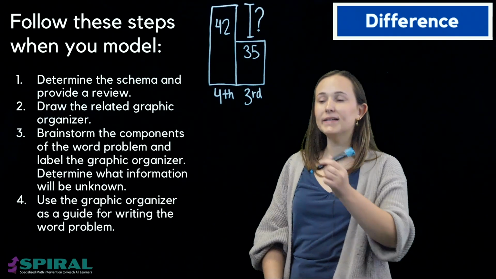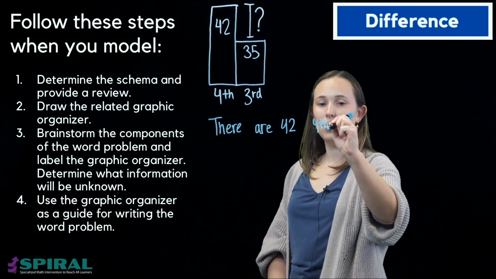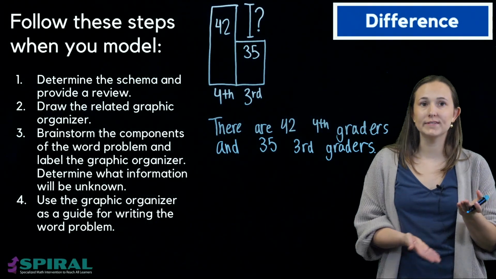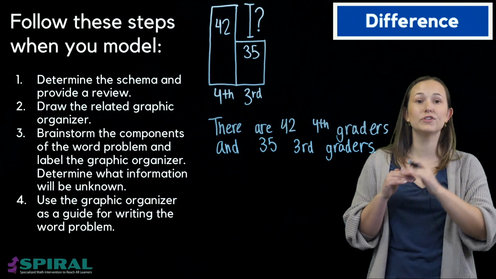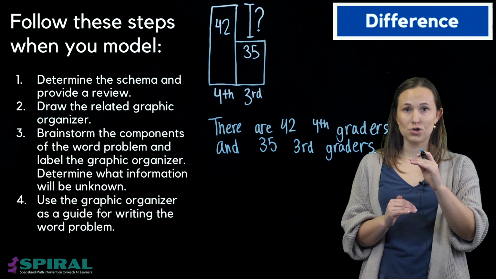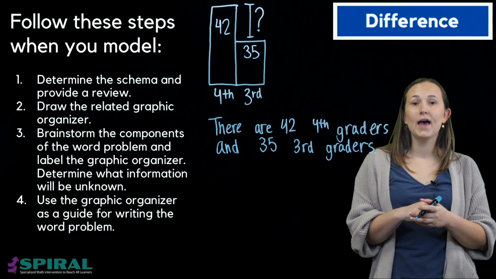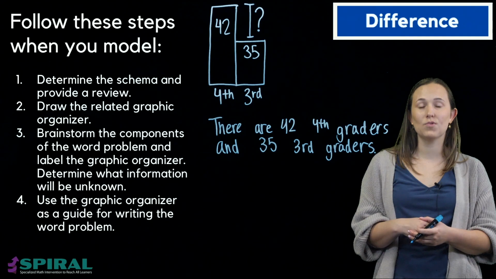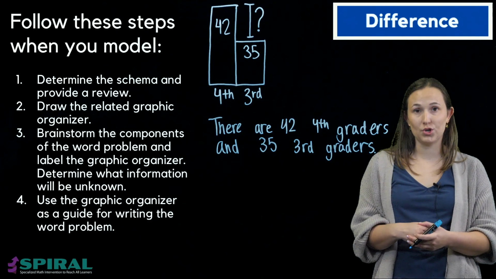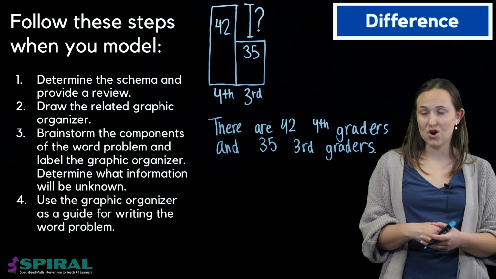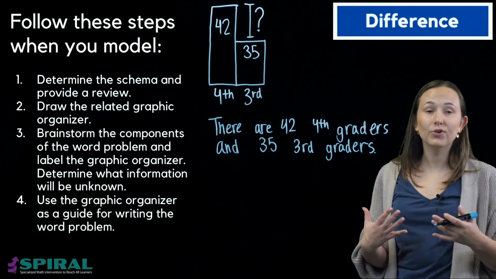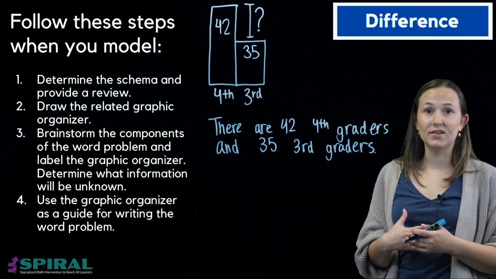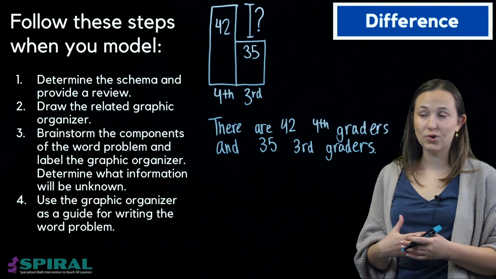So my first sentence might say, and now I'm already ready for my question sentence. And my question sentence is about the difference between the 4th graders and the 3rd graders. So I could either write, how many more 4th graders are there than 3rd graders? Or I can write, how many fewer 3rd graders are there than 4th graders? Or I could write, what is the difference between the number of 4th graders and the number of 3rd graders? So I think my question will say,